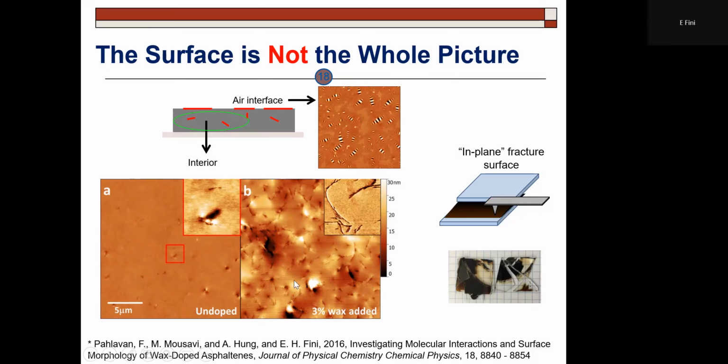They are very different because, as we expected, the material that moves toward the surface is different from the molecules that move toward the interface of the stone, or in this case, glass. So there is a difference between the surface and the interface of the stone. And the overall conclusion here is that the surface is not telling you the whole truth. It doesn't give you the whole picture,